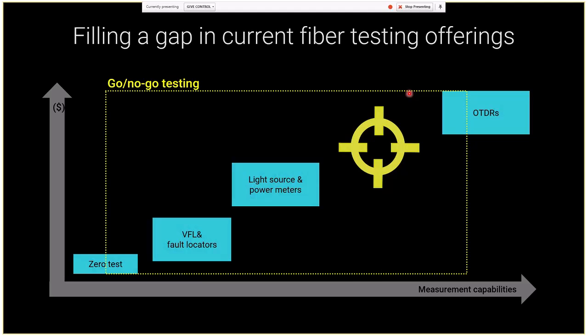There is also a different aspect here, which is that it's not a characterization tool. It's not a tool that's going to give you a curve or a trace, but a tool that is going to tell you if your link is good or bad, and it sits above the light source and power meters. Why? Because it's a multimeter, and if you compare with the electric multimeter, where you have amps for current, volts, and ohms for resistance,